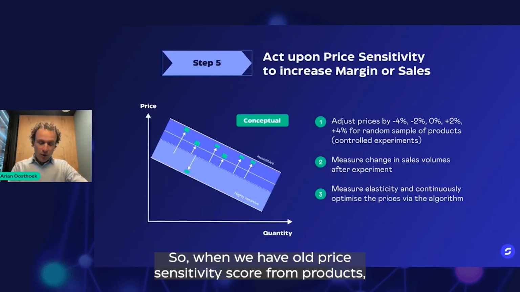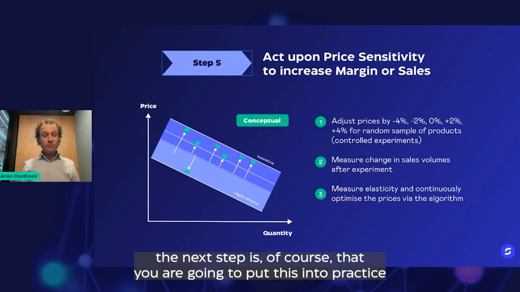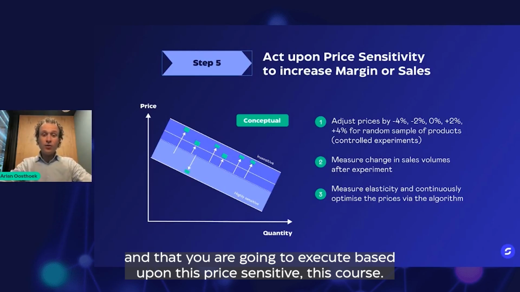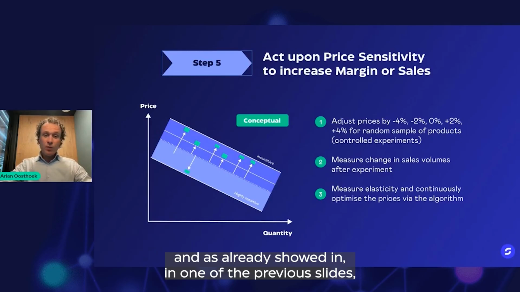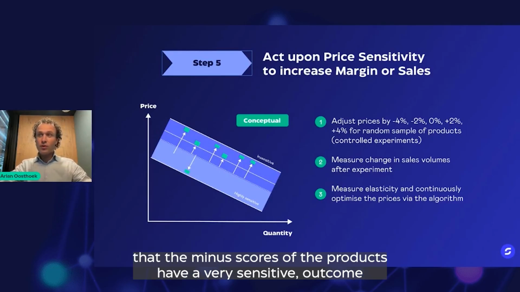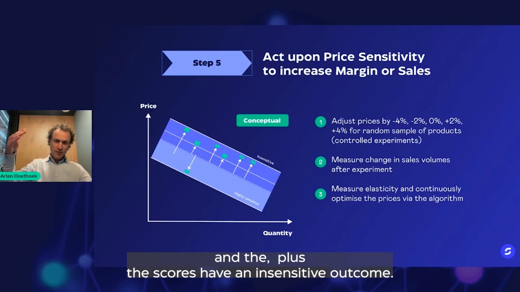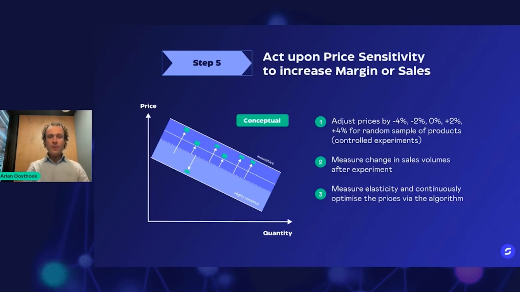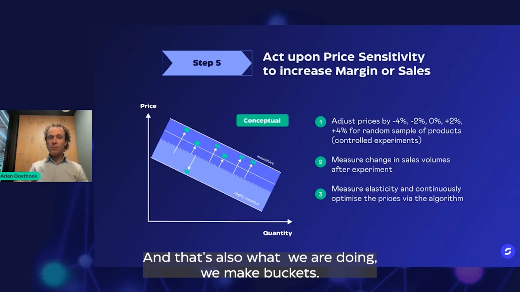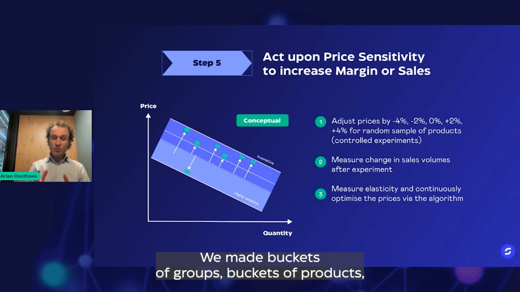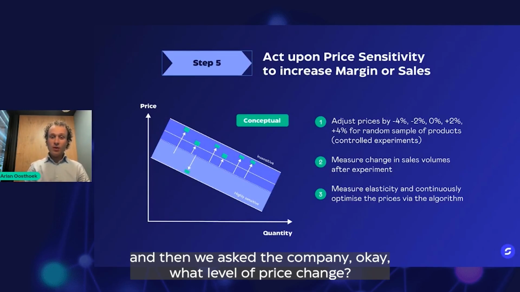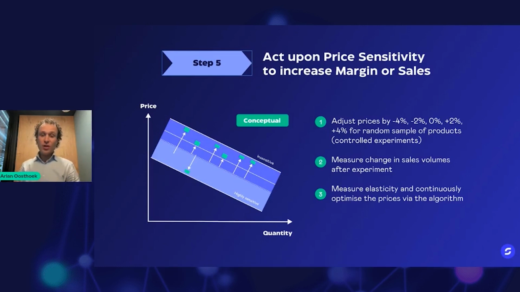So when we have all price sensitivity scores from products, the next step is, of course, that you are going to put this into practice, and that you are going to execute based upon these price sensitivity scores. And as I already showed in one of the previous slides, the minus scores of the products have a very sensitive outcome, and the plus scores have an insensitive outcome. And that's also what we are doing. We make buckets of groups, buckets of products, and then we ask the company, okay, what level of price change would you like to